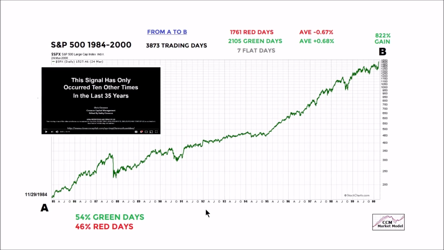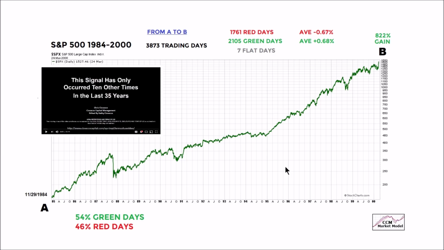And it's always good to keep reminding ourselves, under our approach, our objective in a market like this is to try to navigate from a point A to a point B that could be several years down the road. In this case, from 1984 to this peak in 2000, the S&P 500 returned an eye-popping 822%. And we know with 100% certainty between this point A and this point B, there is going to be